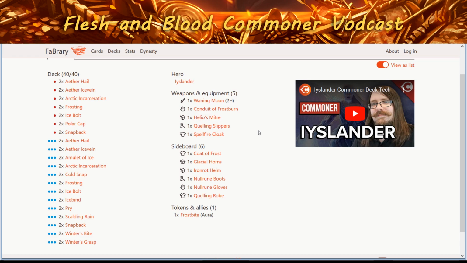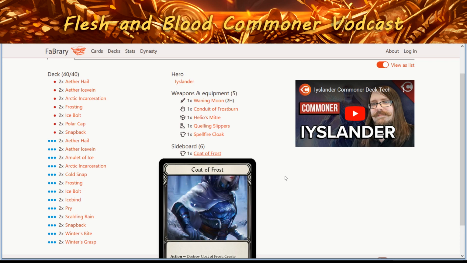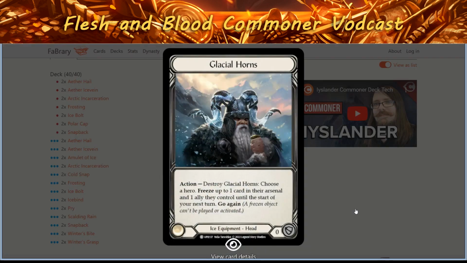The one thing I will say here for Icelander is that Icelander does have a lot of really fringe equipment. So she is kind of weird to build because it's the only deck where you notice the 11 card limit on your sideboard more so than any other, because you have things like Code of Frost. I think Code of Frost is more usable in a wizard than any of the others. You could have that as your default chess piece and not hate it. Mm-hmm. But Glacial Horns is not super relevant. Right. It's good if you're going to play against Archer. It's good if you're going to play against Dromai. But outside of that,